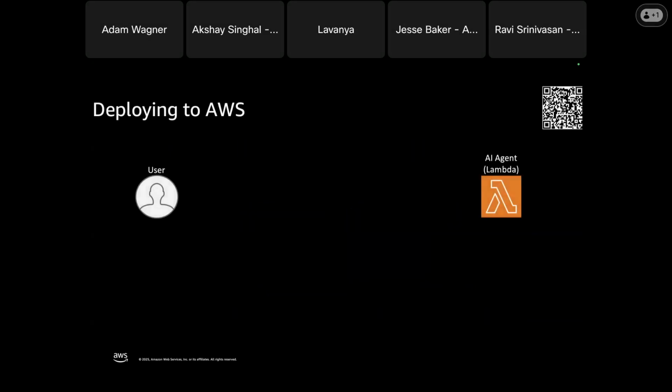So let's get into the specifics of what this would look like if we deploy it to AWS. We've got our agent, package it up as a Lambda function, and we have it there. We've got the user on one side. We could have the user directly call the Lambda function, but often we want to add in some other front door features. API Gateway is a great option there. This will enable both users and applications to access the agent using HTTPS API requests.